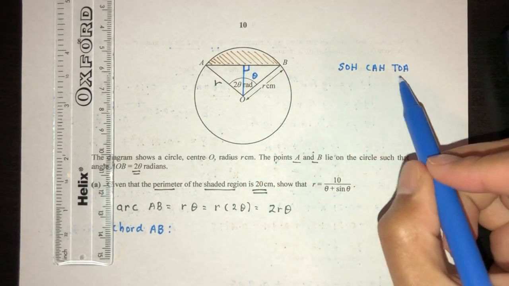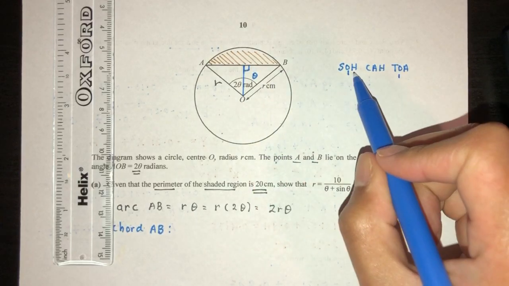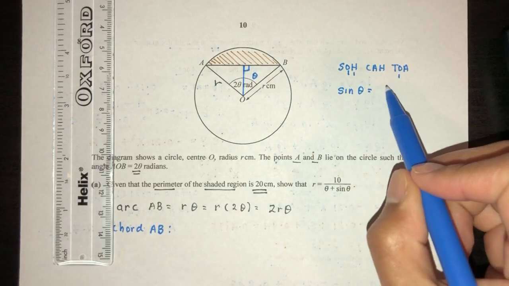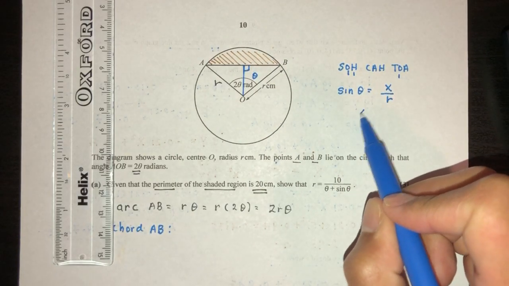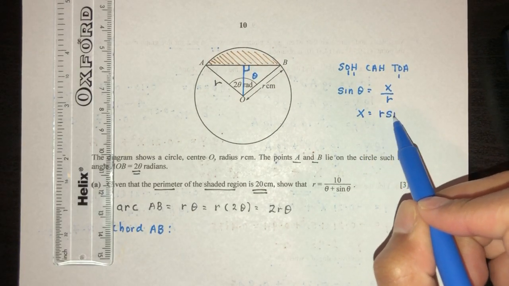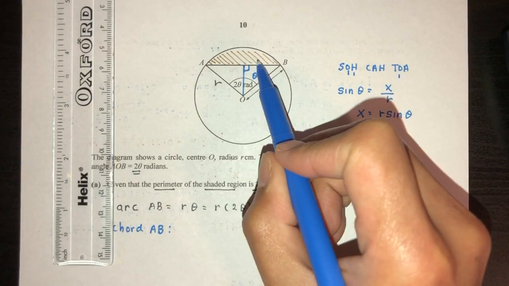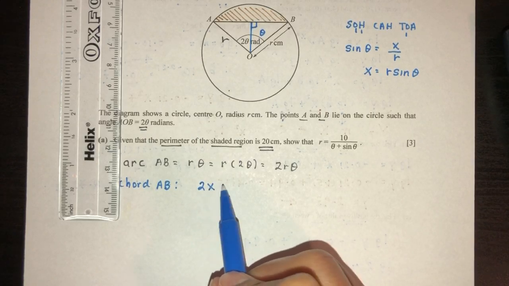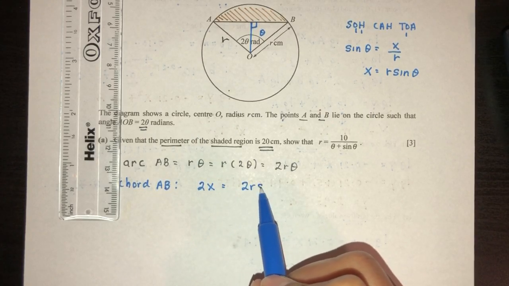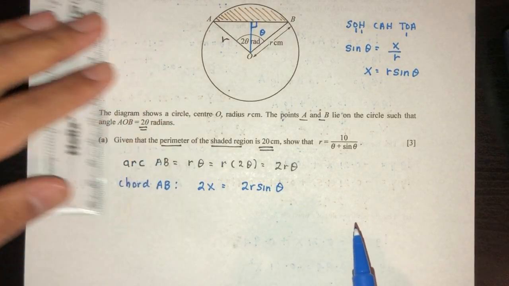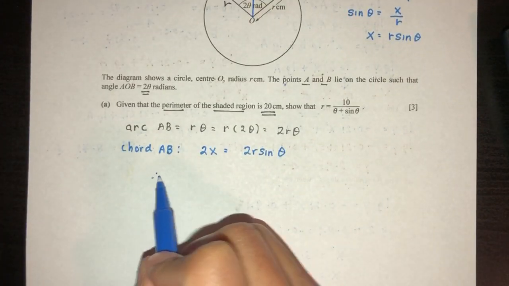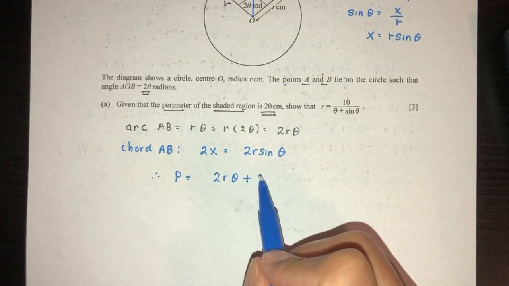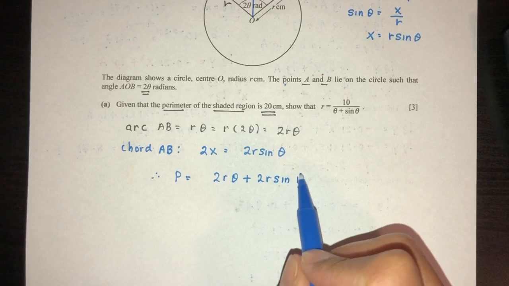So this is your O side, and this is your hypotenuse. So you have to use sine theta is equal to, let's call this side x, x over r. So x will be r sine theta. So this is x, so AB will be 2 times x, which is 2r sine theta. So finally, the perimeter P is equal to 2r theta plus 2r sine theta, and that is supposed to equal